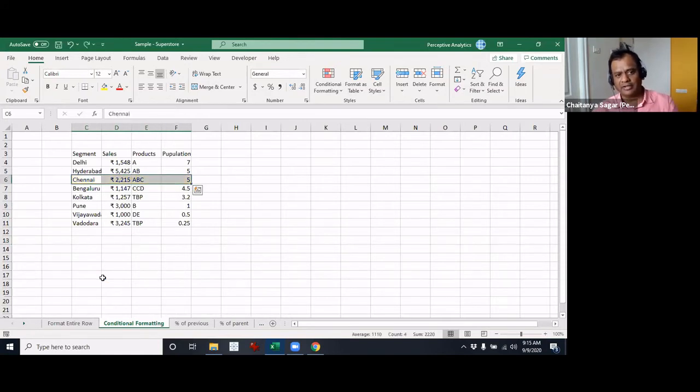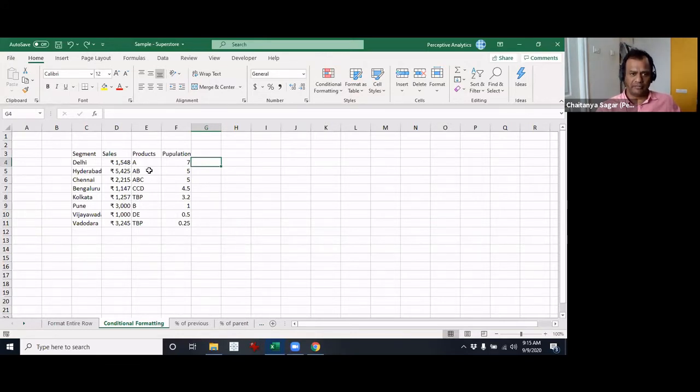But if you want to, for example, say you have all the sales here, and you want to highlight only some cells based on a condition, or if there's a formula underneath and that changes, and based on that you want revised formatting, then we would have to do this. Let me take a quick example of this.